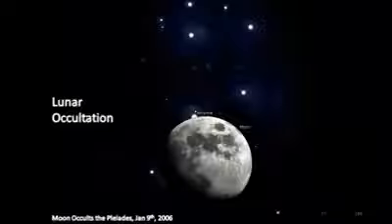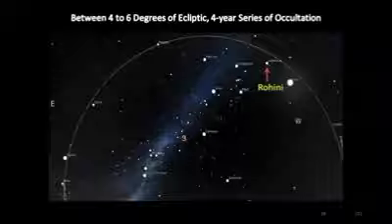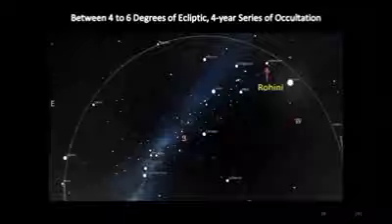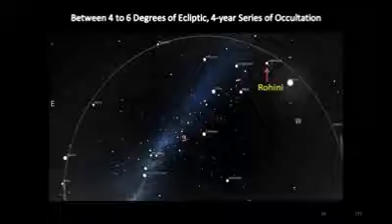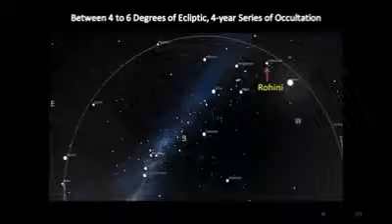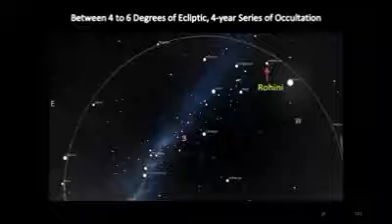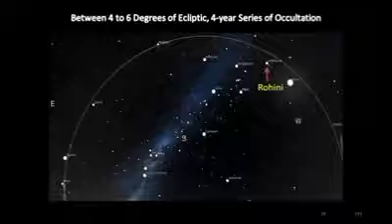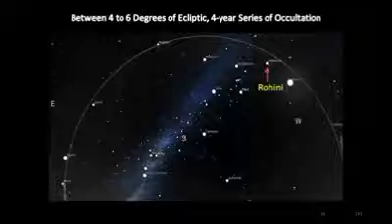The ancients had observed that this occultation sometimes happens with some principal stars and not with others, and they also observed a periodicity of 19 years, which today we call a Metonic cycle. So it turns out that today with our studies, we know that if a principal star is located between 4 degrees and 6 degrees from the ecliptic, then it experiences a cluster of lunar occultations over a 4-year period, which repeats all over after 19 years. If the principal star is located greater than 6 degrees from the ecliptic, then it does not experience any occultation.